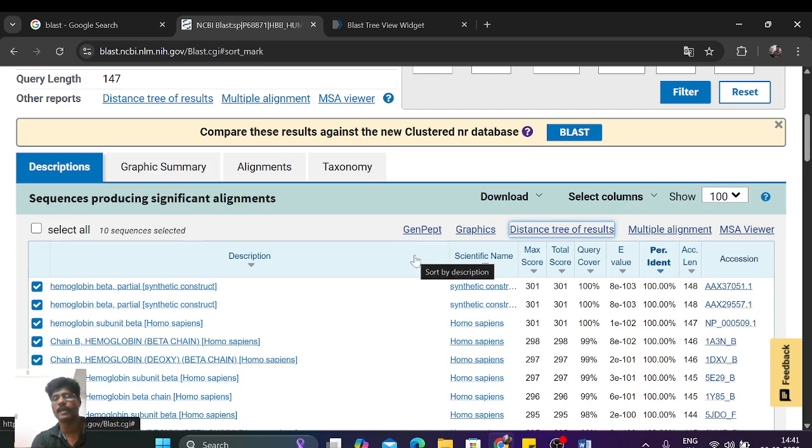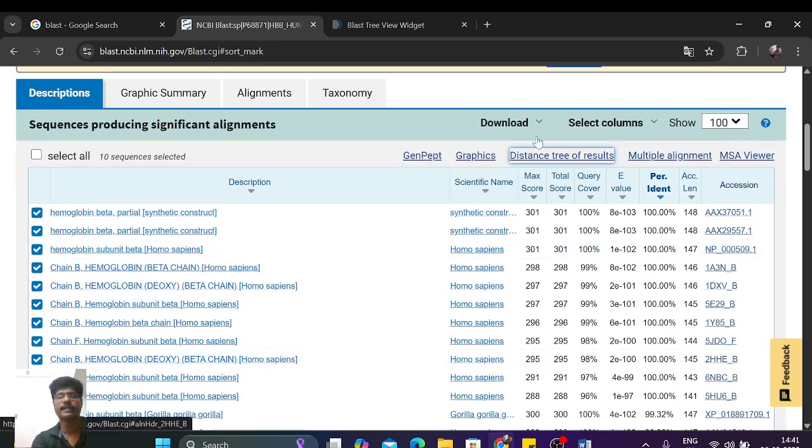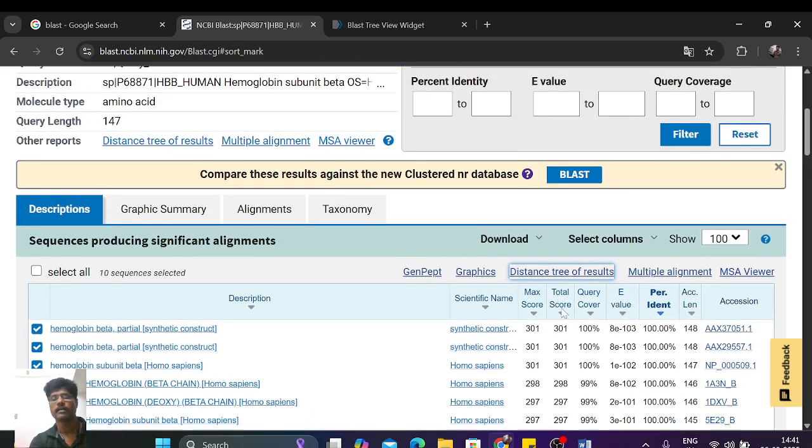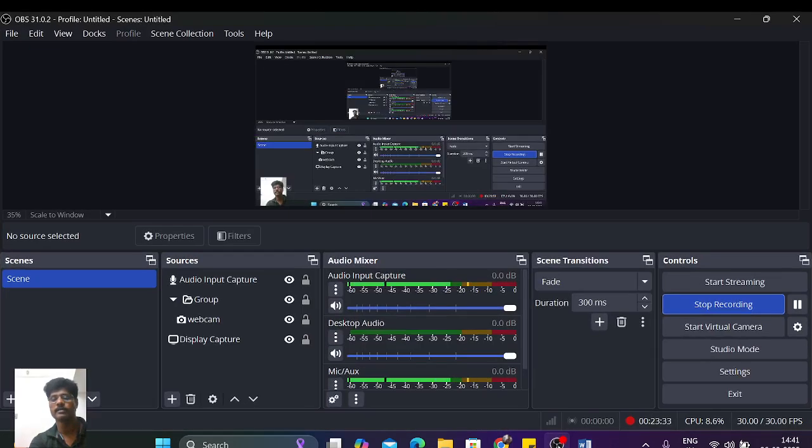Okay, this is about BLAST. This is how you can select the more similar homologous sequences from the BLAST. Thank you. In the next class, we will see about